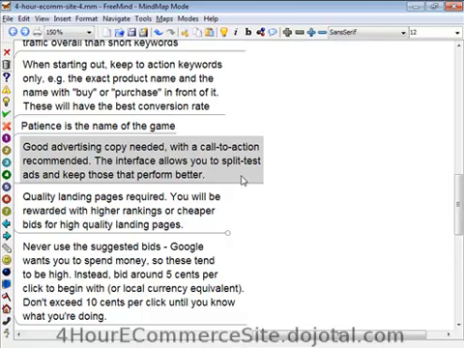The interface allows you to split test these ads and keep the ones that perform better and throw the others away. So what some people advocate doing is to always have 2 ads running, and let them run for a number of impressions that makes your test statistically valid. I can't really go into a great deal of detail about that because it's quite mathematical, but